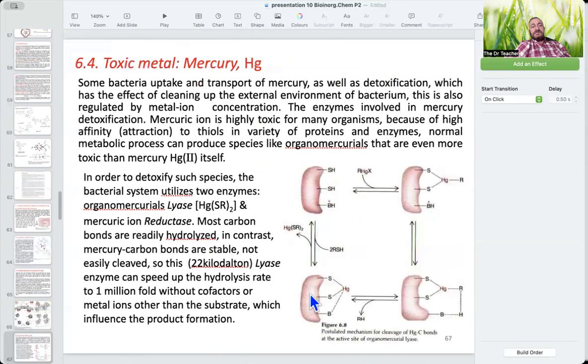Toxic metals like mercury, how mercury enters the membrane. So you can see here some bacteria uptake and transport the mercury, as well as detoxification, which has the effect of cleaning up the external environment of the bacterium. This is also regulated by metal ion concentration. So the enzymes involved in the mercury detoxification,